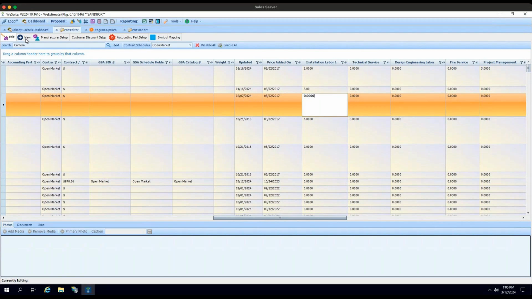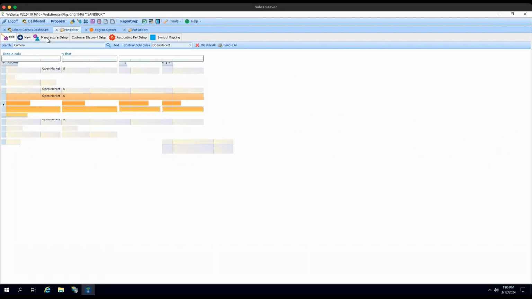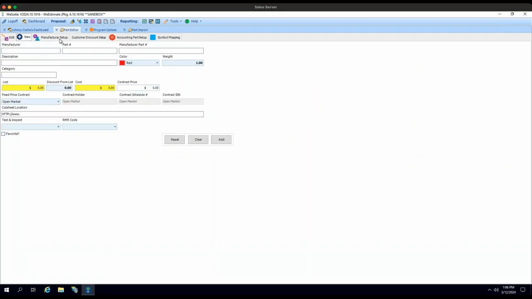Kind of going through this list, we have a couple of different things to show here. If you want to add a part one at a time, we do have this button here called New. It's not a new button, it's been there for a little bit. In that interface, you'll have the ability to add a one-time part, typically like how you normally would. If you're familiar with that, you can simply add in your information here, and I'll add it to